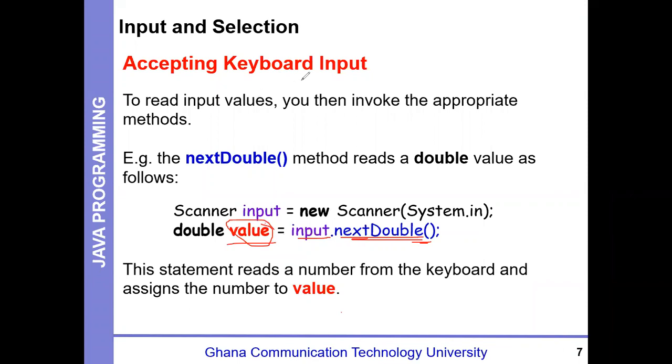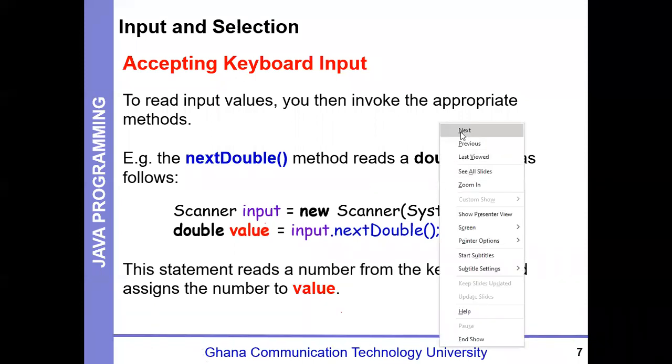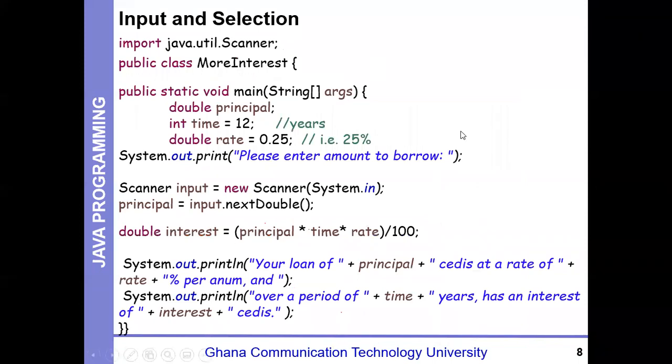So at this point, you are now able to read values or data from the keyboard and assign them to variables. So these are two critical lines you need when you want to take input from a user. Without this, there's no way Java can take input from a user. So if we now go back to our